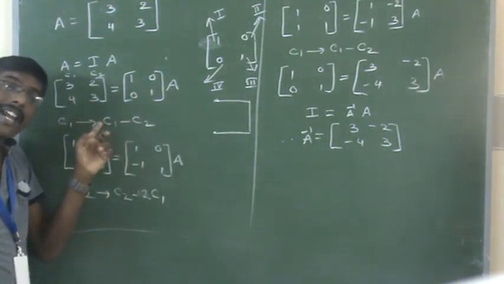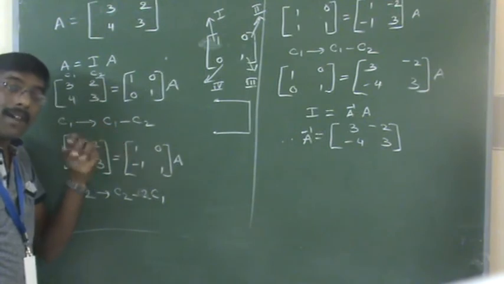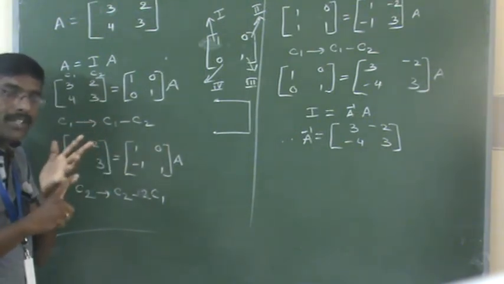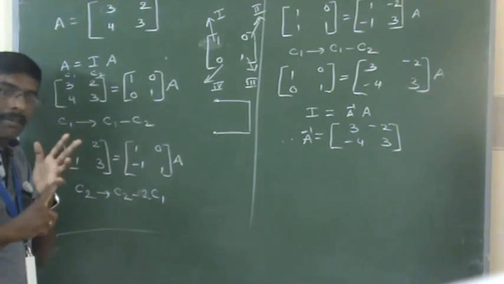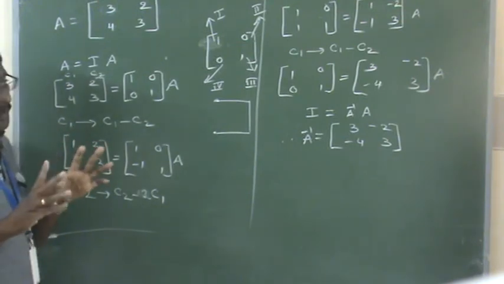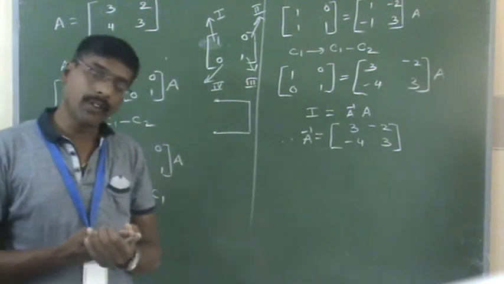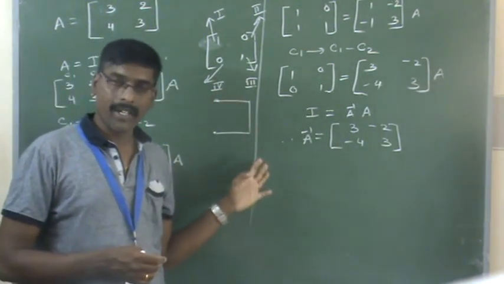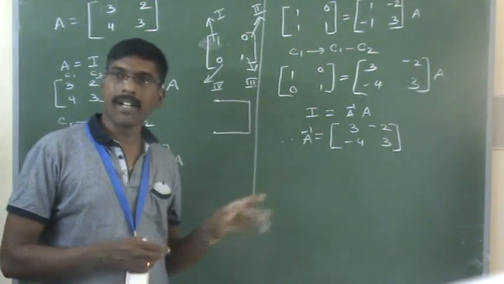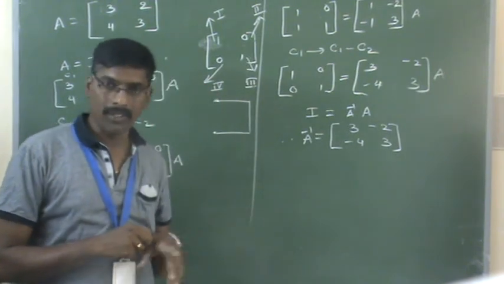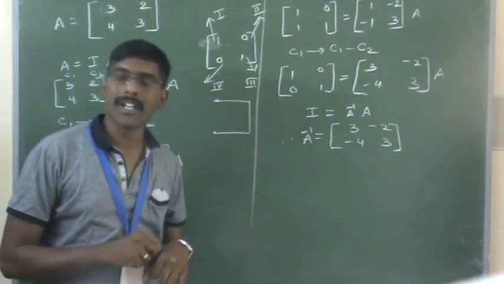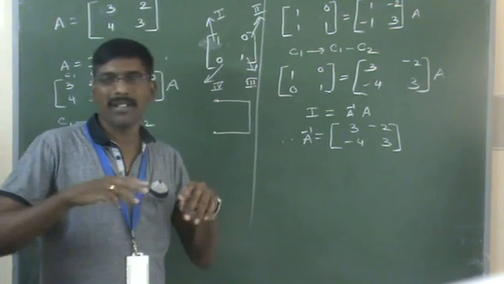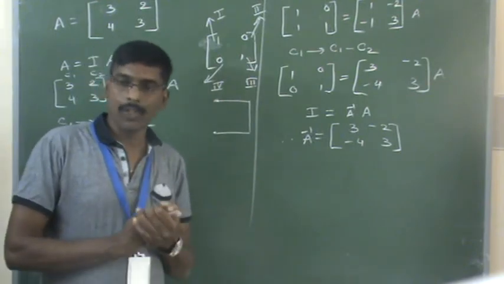Previously we did elementary row operation. They may ask in any model. Sometimes they ask by using elementary row operation, sometimes by elementary column operation, sometimes by elementary transformation. At that time we can use it either row wise or column wise to find the inverse of the given matrix. Our syllabus contains only 2 by 2 matrices. They should ask the inverse of the given matrix by using elementary transformation. 3 by 3 is also available in the syllabus, but that is for the PU syllabus,